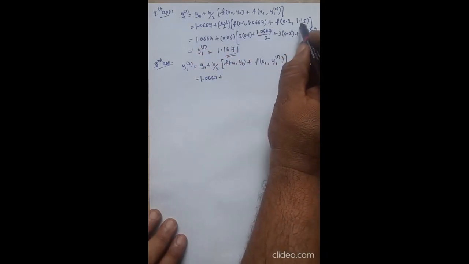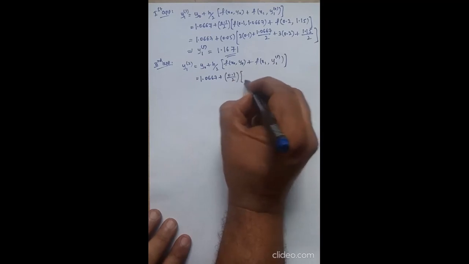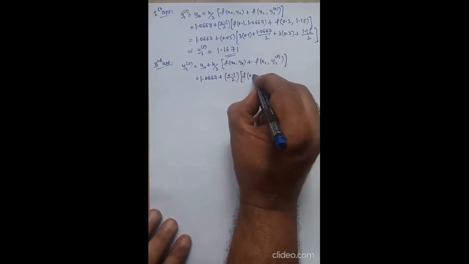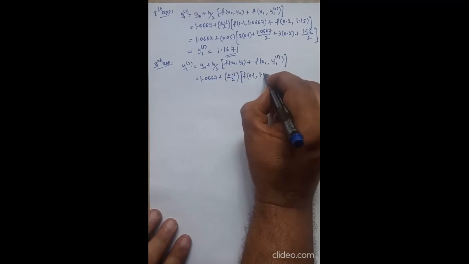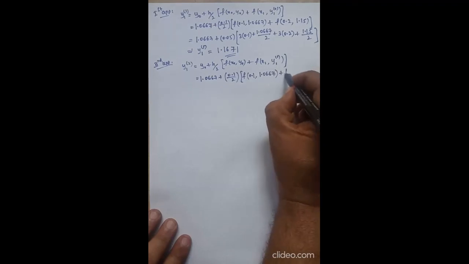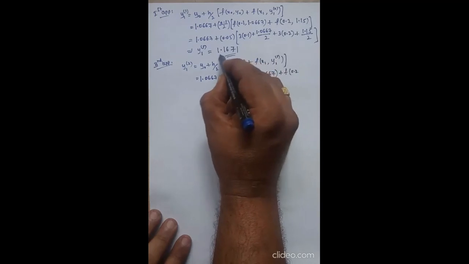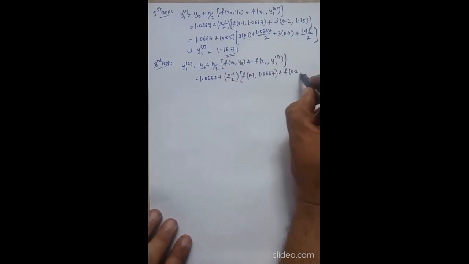Repeat up to this, change the last value. It is 0.1 divided by 2 into f of 0.1 comma 1.0667 plus f of 0.2, up to this are repeated, comma this value will be replaced by the previous value we got here, that is